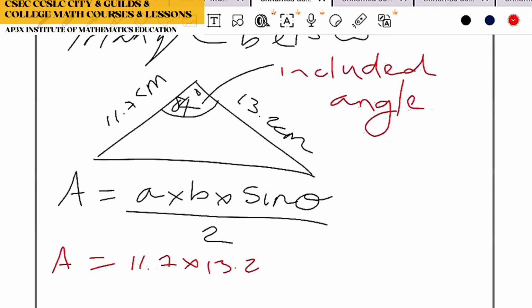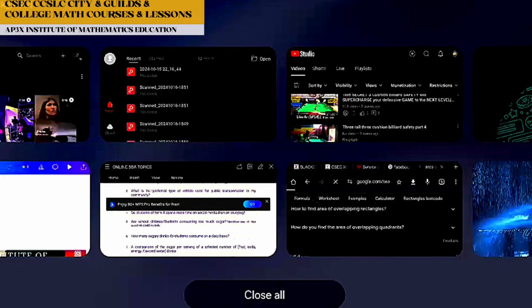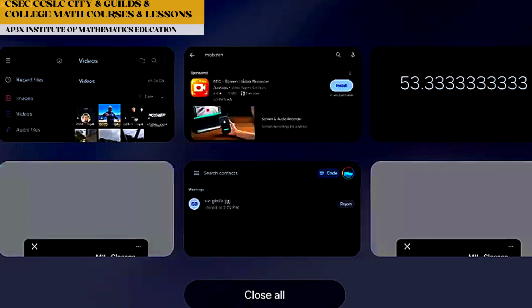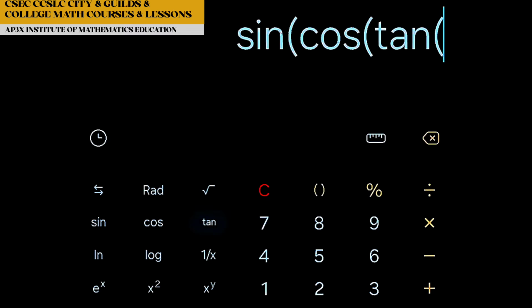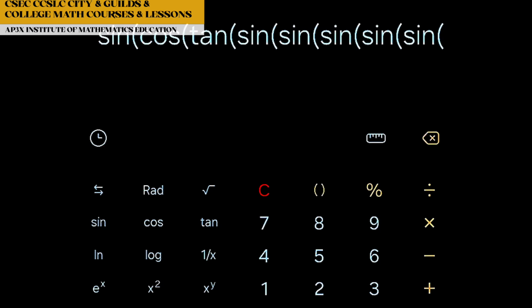All right, so you should have it. And just in case, I know we have some shy persons in the class, they're not going to talk at all. So let's put it up on screen and make certain that they are very aware of what this thing looks like. All right, so there you have it, sine, cos, and tan. So we're looking for this one, sine. That's the one that we're looking for.